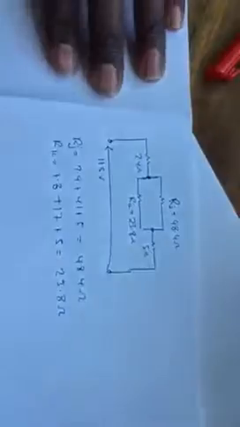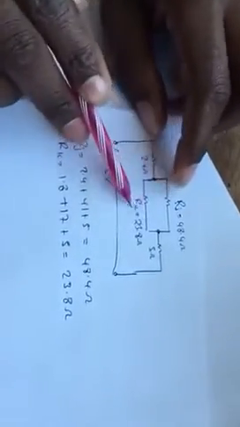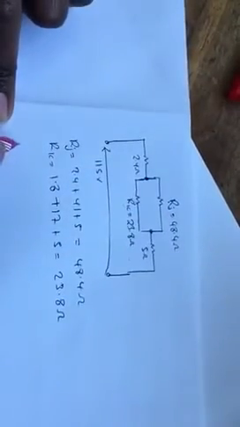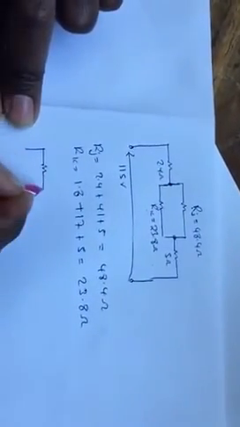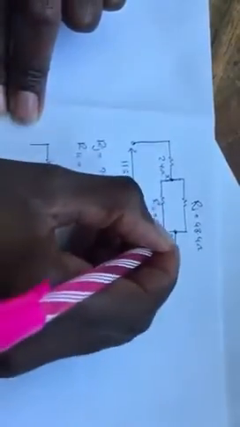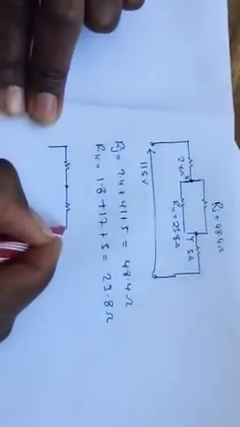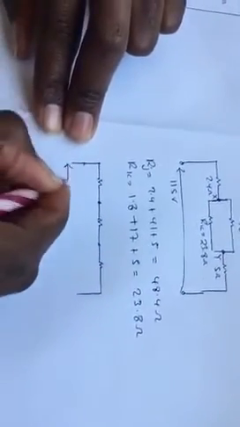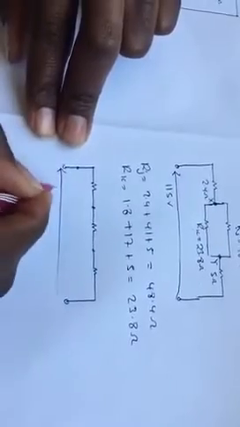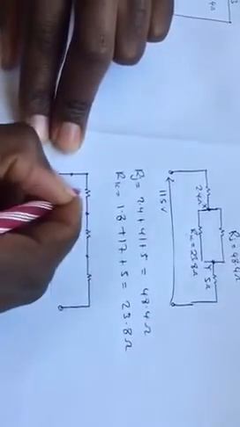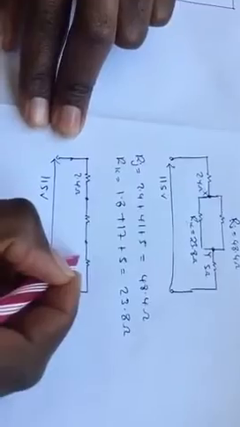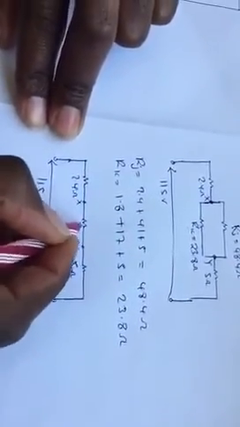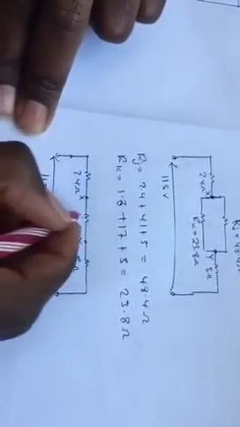48.4 ohms and 23.8 ohms. These two are in parallel, so we can simplify the two. So we have this network, X, Y there, and then there will be 5. These two will be in parallel, so I'll just say